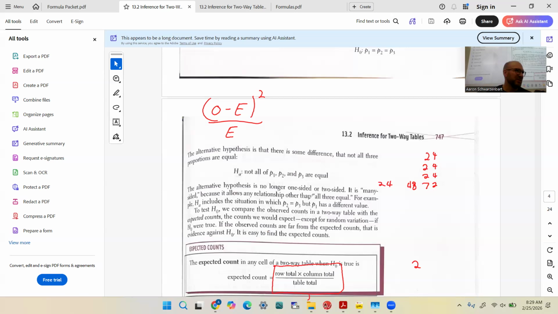That feels most likely. Most of these you can just run on the calculator, but they might ask you, what is the expected count for this? And that's where you're going to have to know. Row total times column total divided by table total. So if we calculate our expected counts,